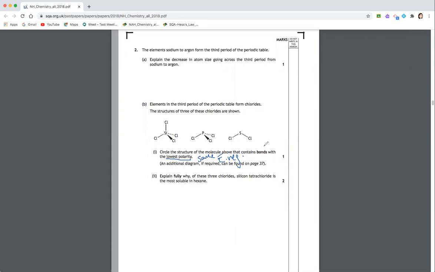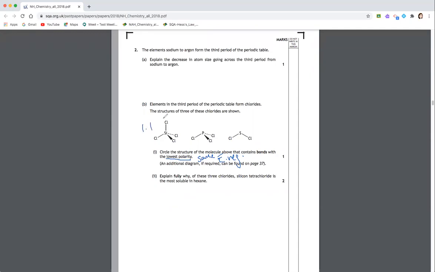So if we look up silicon's electronegativity 1.9, chlorine's is 3.0, so that's a difference of 1.1,